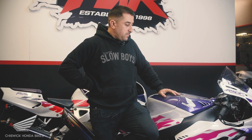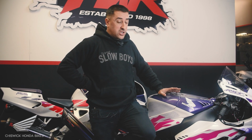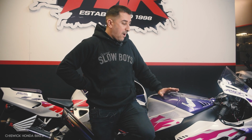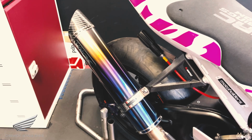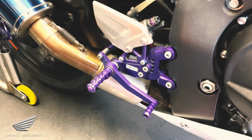Although this bike's kind of quite standard, it's actually really far from standard. It took us a full day and a bit. We basically stripped it down to the frame and engine, replaced quite a few chassis parts and brackets, subframe, wiring harness, ECU. The forks went away and they were rebuilt by originally MCT for Öhlins,